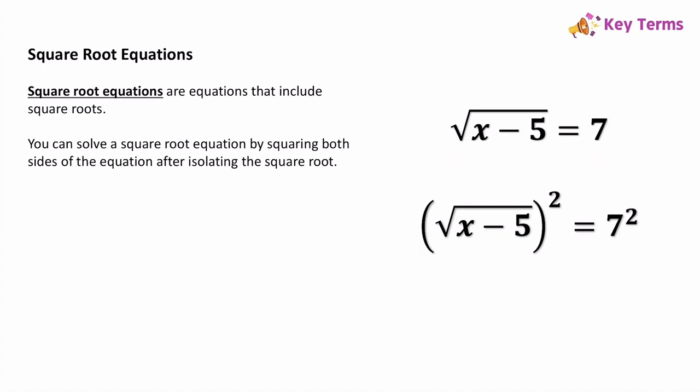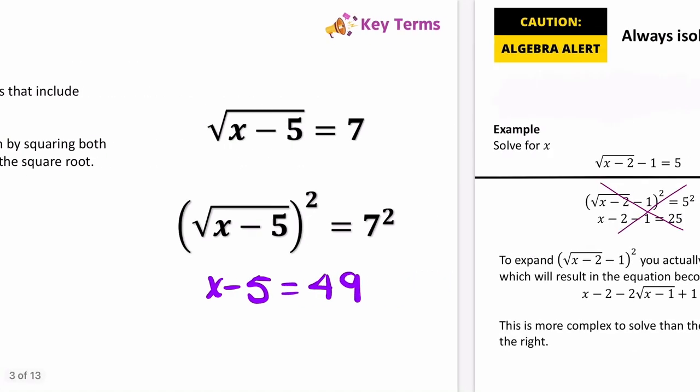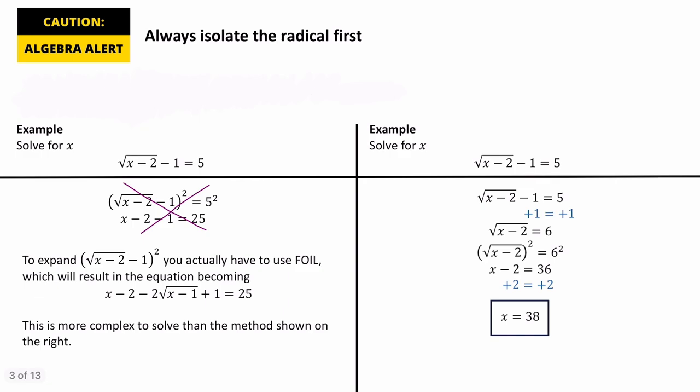can go ahead and square both sides to undo that square root, because you can see in this equation the square root is by itself on one side of the equation. When we square both sides, we're just going to end up with a linear equation that we can solve using opposite operations. It's very important to keep in mind this idea of isolating the radical first, because if you don't isolate the radical first, that can lead to some algebra mistakes, and it can also lead to a more complex